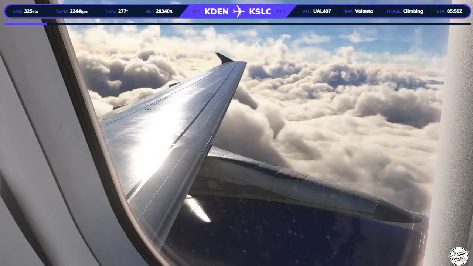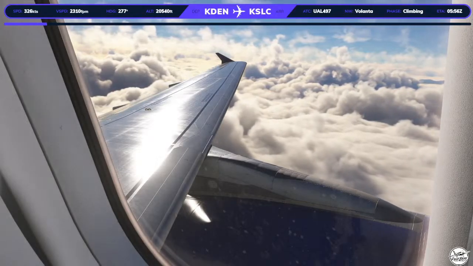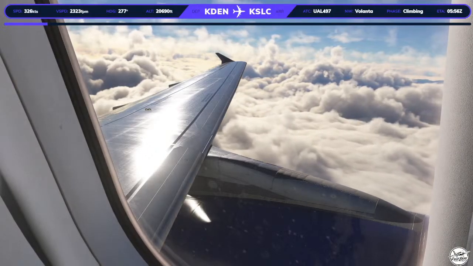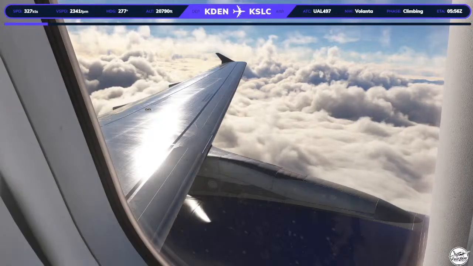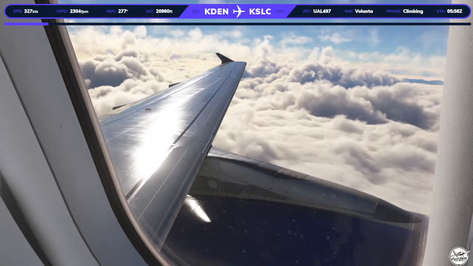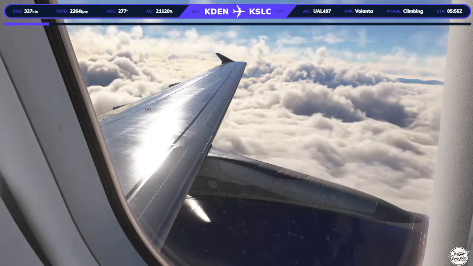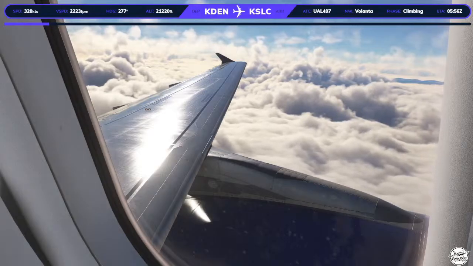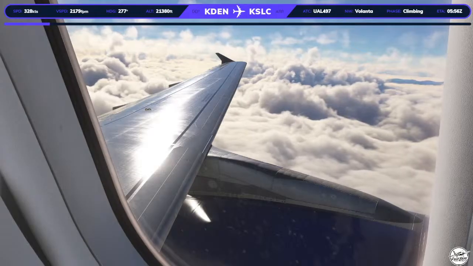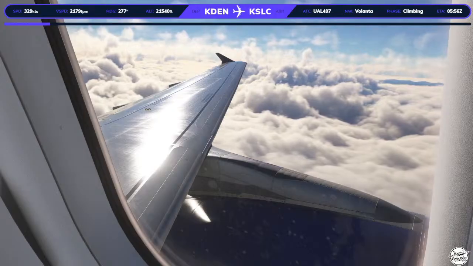They have about 12 inches of ice already on that runway, which is pretty impressive. Yeah, it might be an early season for the